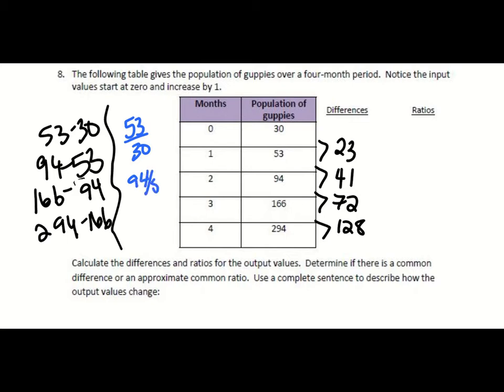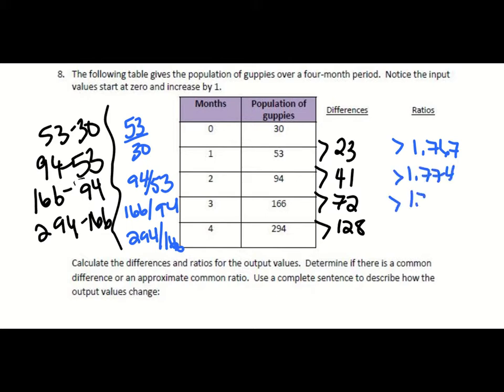94 over 53, 166 over 94, and 294 over 166. And when I do that, my ratios end up 1.767, 1.774, 1.766, 1.771. Okay. So again, this is one of those where they don't come out exactly the same,